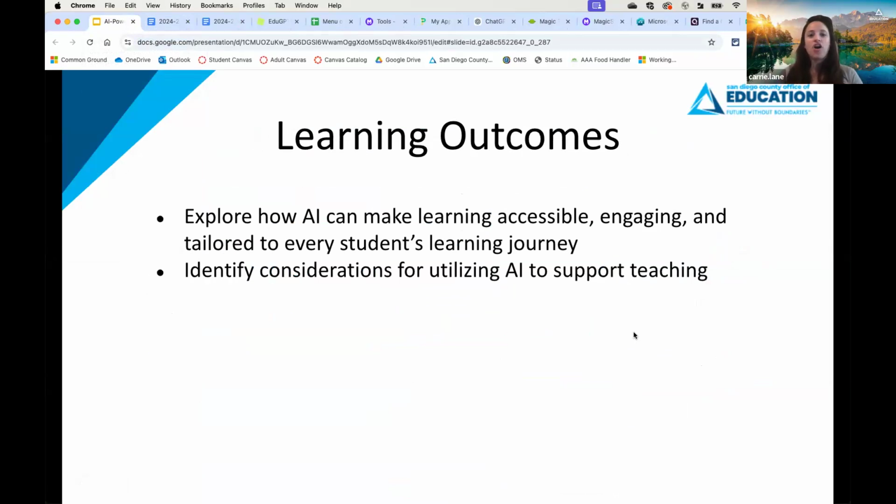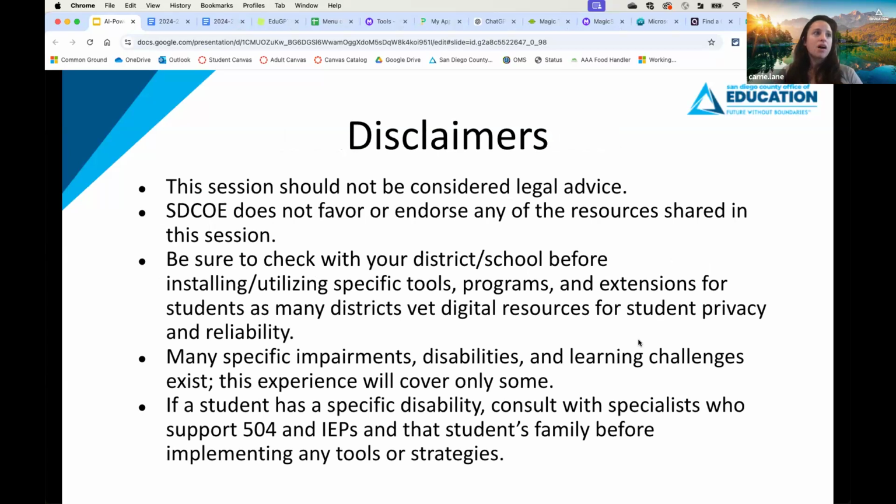You can find tons and tons of different tools that work with your district's privacy settings, and just make sure that your districts are allowing these AI tools before you use them. But whatever suits your need, you can still use a lot of the strategies we're going to talk about, and the AI can change, but we'll just look at a few different options.